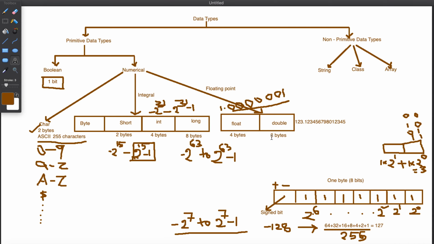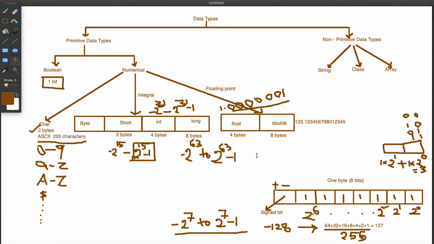It's a fraction, and the double takes 8 bytes, and you can go up to 15 decimals or fractions.